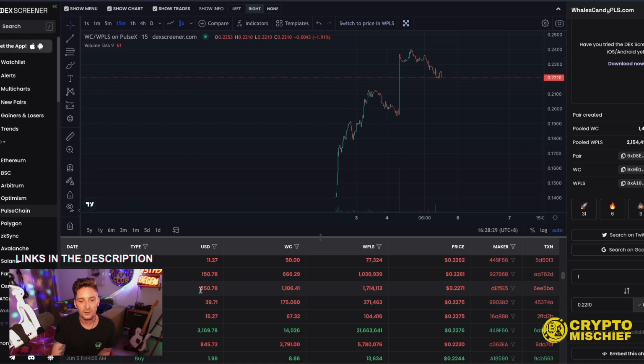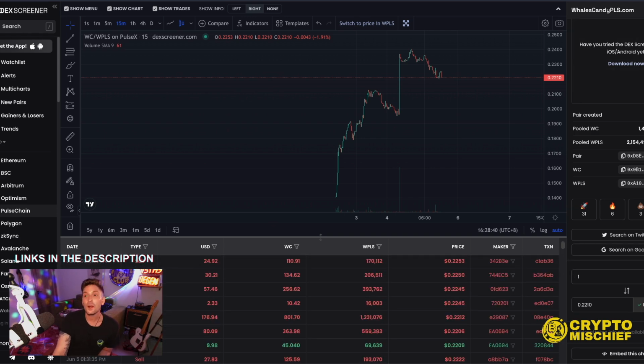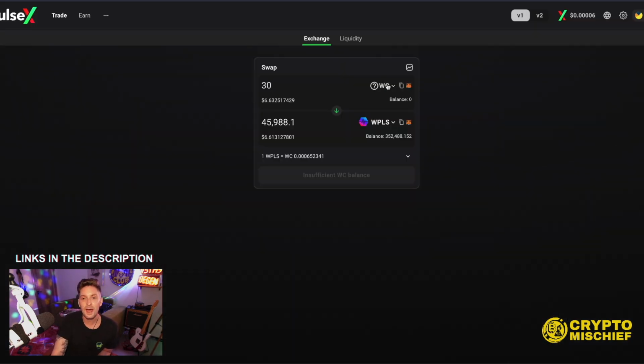This one, 250 tokens sold for $1,000 here. But some buys coming in, $3,000 coming in for 14,000 Whales Candy token. So people are buying, people are selling. Another way to play this, of course, is just to take a big bag of...